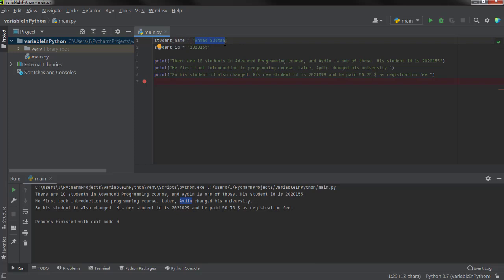So I can say equals, and then inside the quotation marks I can type the value. So I defined two variables. One is the student name and another one is the student ID, and I gave a value to both of these variables.